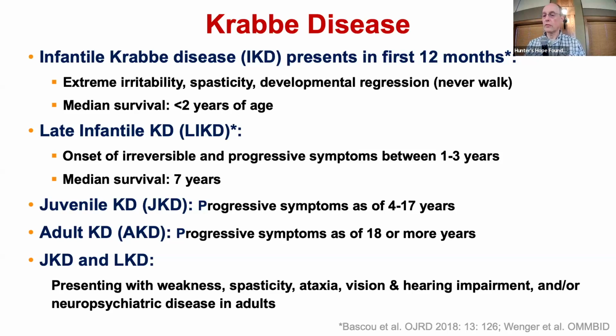variants, where infantile Krabbe disease presents in the first 12 months of life, and without early initiation of treatment, these patients don't survive more than 2 years. And then late infantile Krabbe disease presents within 12 to 36 months of life, and is also fatal unless these patients get treatment. And then you have these milder but still very serious later onset cases, juvenile and adult